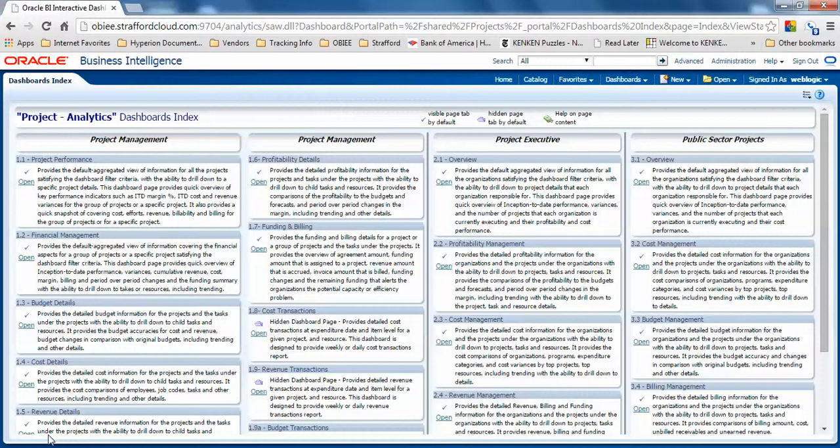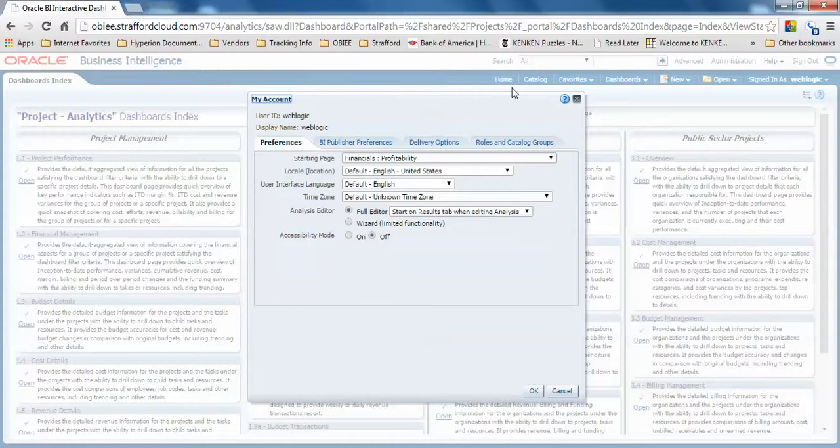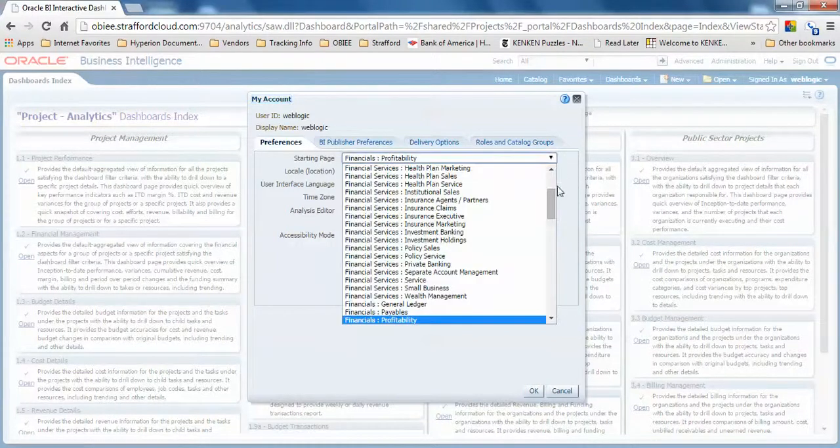Now, this brings me to one last tips and tricks regarding dashboards. If you're the kind of user that is always interested in the same thing every day, you can, of course, set it up as a favorite, as I mentioned, but you can also set this up so that whenever you enter OBIEE, you'll automatically come to the particular dashboard that you're interested in. And the way you do that is you click on your user ID here, go to My Account, and under Preferences, where it says Starting Page, you can actually choose,